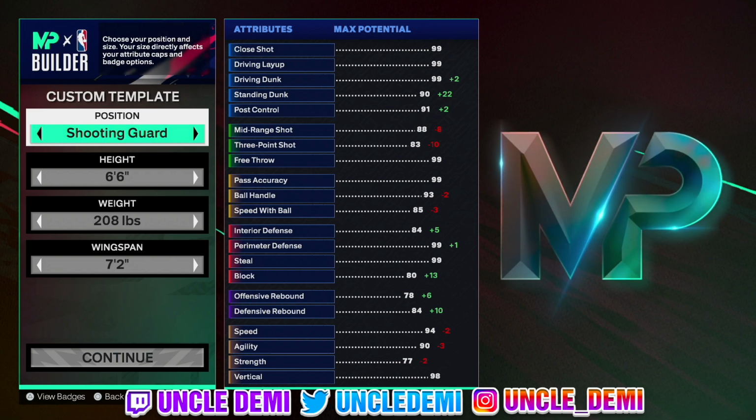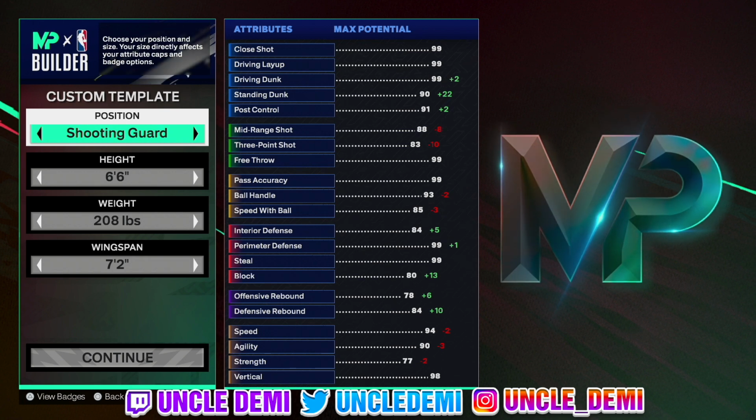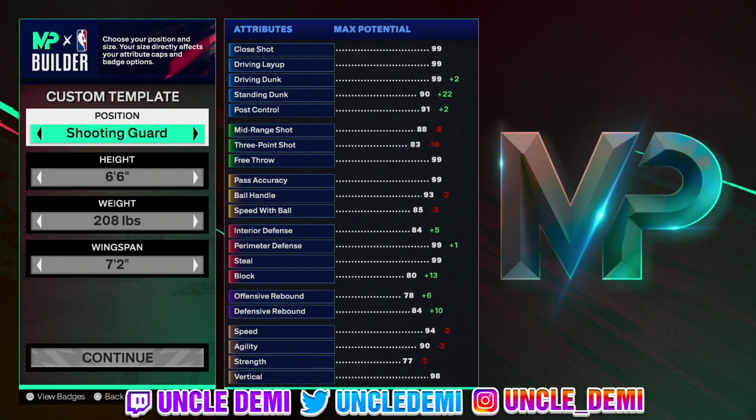Yo, what's good, my nephews and nieces? This is your favorite Uncle Demi, and today I have another special banger for you, right? Today we're going to talk about a 6'6" shooting guard in the rec, but before we get into the video,